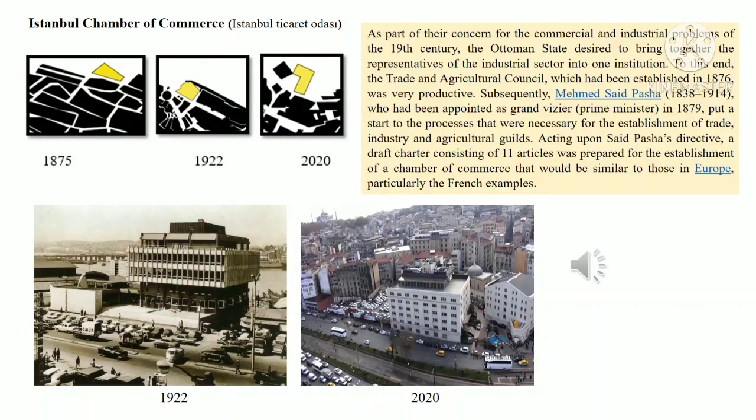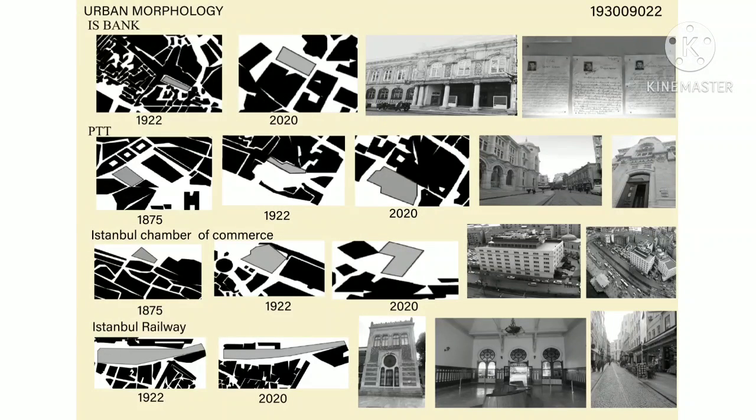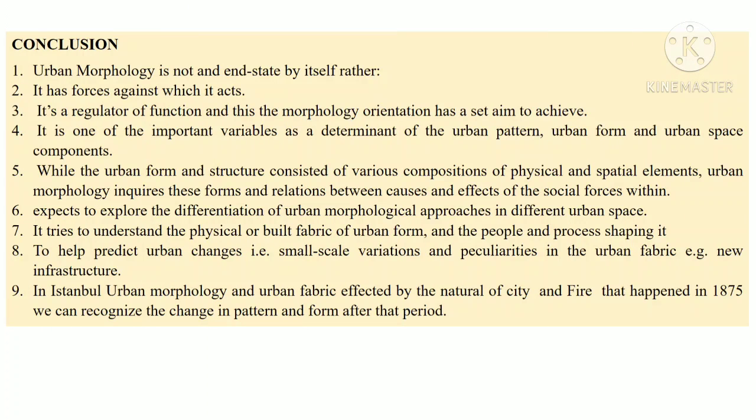The third building that I chose in this video and article is the Istanbul Chamber of Commerce. We can see three different periods of urban morphology: 1875, 1922, 2020. Also, we can see in these figures the two different shapes of the building at different times, 1922 and 2020. This building is the Istanbul Railway Museum. This is the urban morphology for all the buildings. In conclusion,